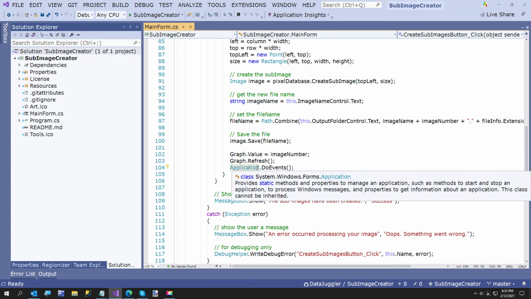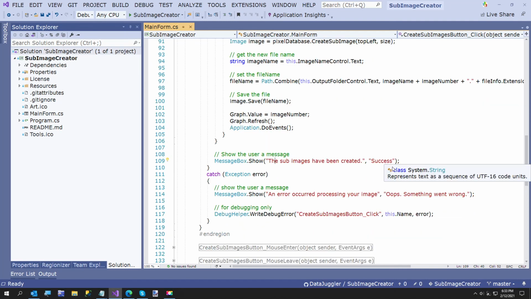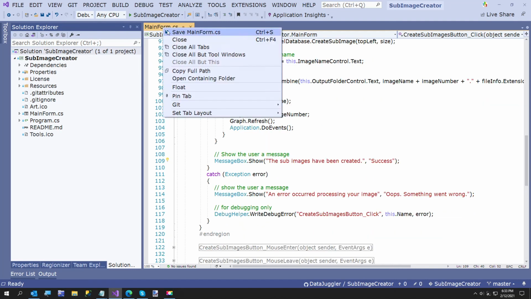And then the do events, all that does is just kind of force a refresh, because in a long-running process, a refresh may not happen, but this kind of forces everything to catch up. Kind of just makes Windows wait for everything to finish. And here I just show the user a message that we're done. Now that's all there is to it to this